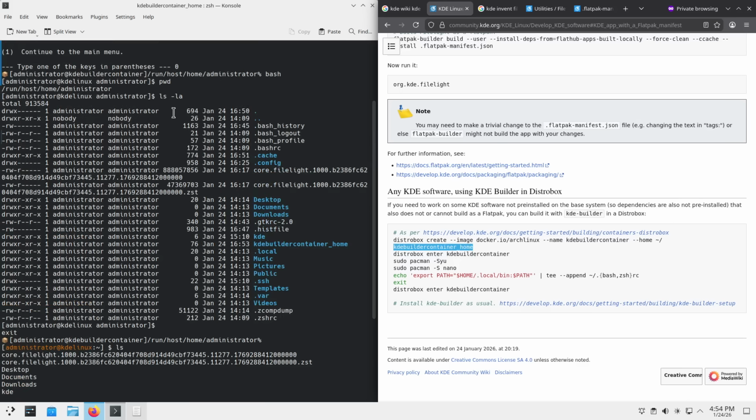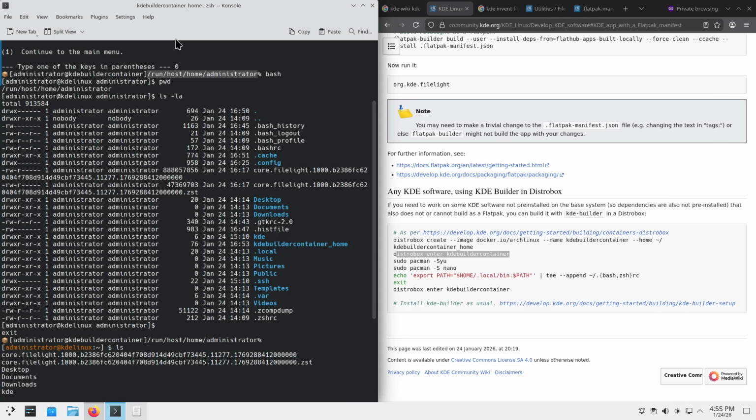But then when I entered the container with distrobox enter kde-builder-container, it actually changed the directory to where my home directory is mounted. And my home directory is mounted by default at /run/host/home/administrator,